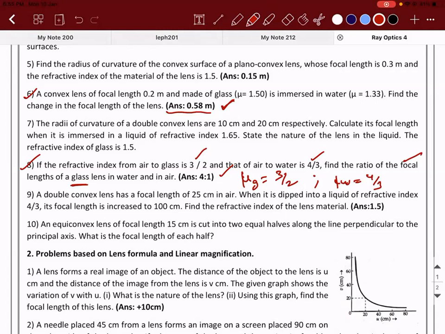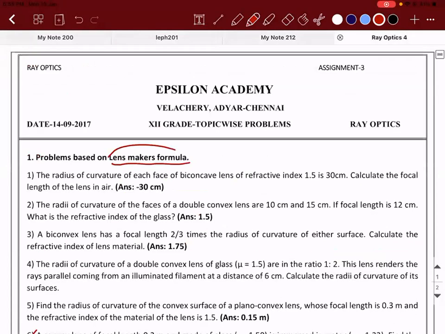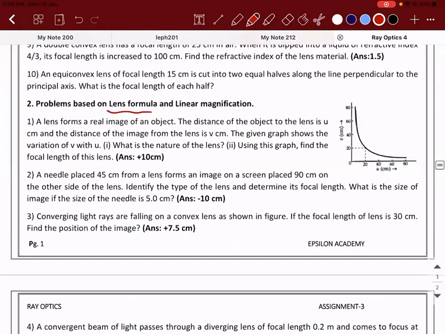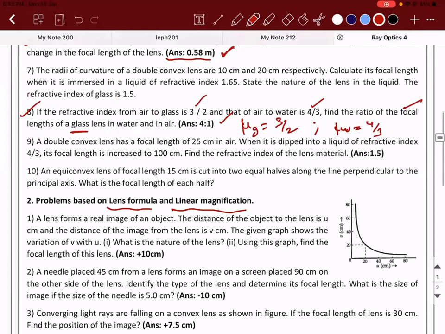So this is how you solve problems based on lens maker's formula. In the next class, we are going to discuss problems based on lens and then we'll solve. After that, I have some important points to tell you with respect to lens maker's formula. You first revise them today. Ensure you're practicing all the derivations. Problems I'll take care. You need to be strong with the derivations. In tomorrow's class, we'll proceed with lens form. So that's it from my side for today. I'll see you all tomorrow.